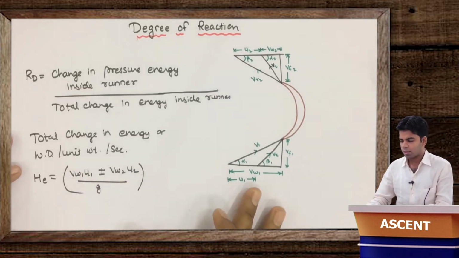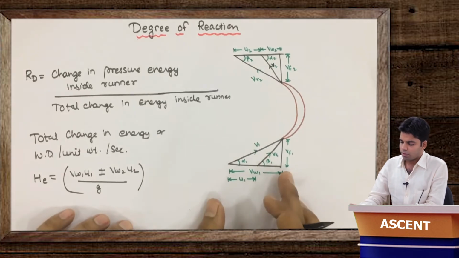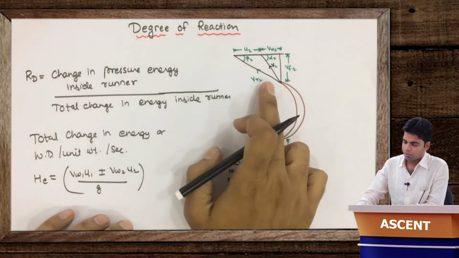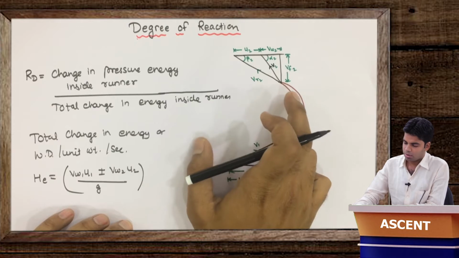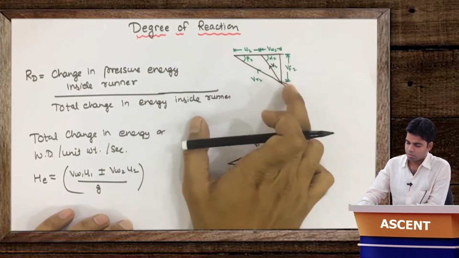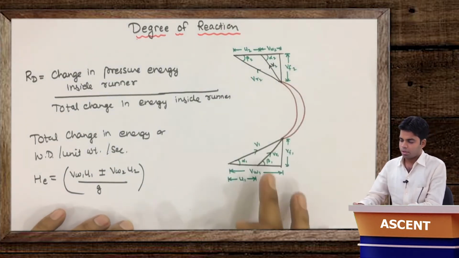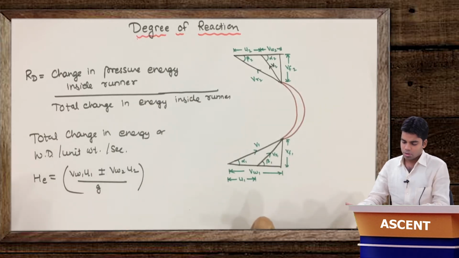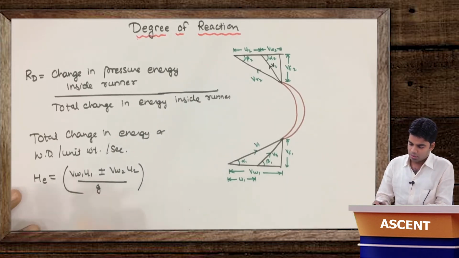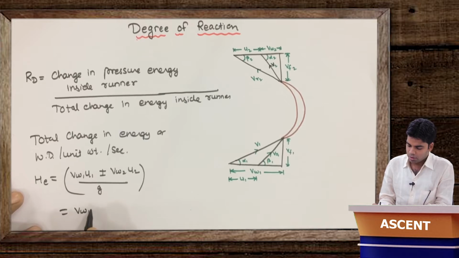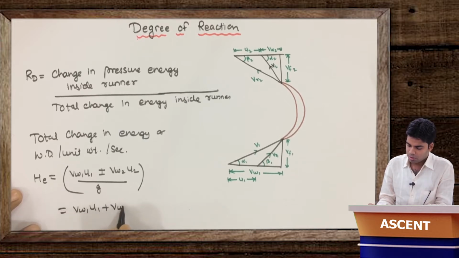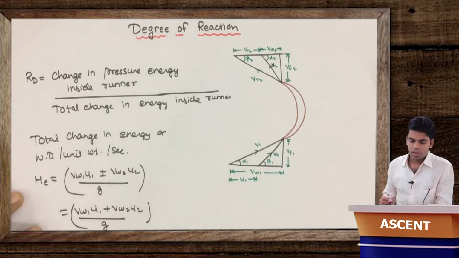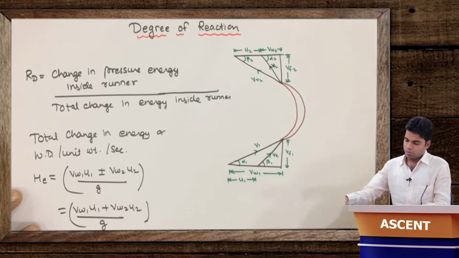Getting this? Now we are considering this figure. This is our inlet velocity triangle. This is the outlet velocity triangle. Obviously this beta 2 is less than 90 degrees. Here beta 1 is less than 90 degrees. So for this particular figure, obviously this will be equal to (VW1 U1 + VW2 U2) divided by g. We have already discussed this thing. Okay, now from this figure,